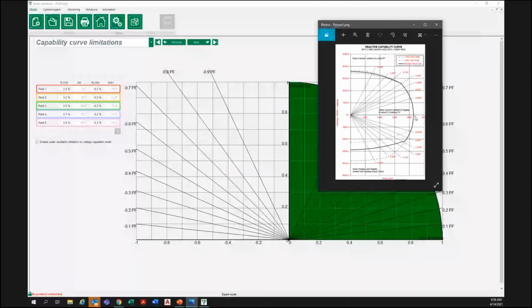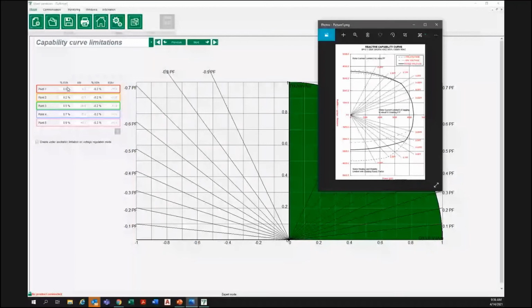And I usually like to pick a point near the 0.8 power factor, because that's the power factor we're going to be regulating to. But in this situation, we do have kind of a corner on this curve right here. So I'm going to pick a point at this corner, and then we have 2 more points left over to choose. So I usually pick about a midway point around here and another midway point around here. And in this scenario, we're not entering in actual unit values of KVA, we're entering per unit values, so a percentage of the rated KVA.